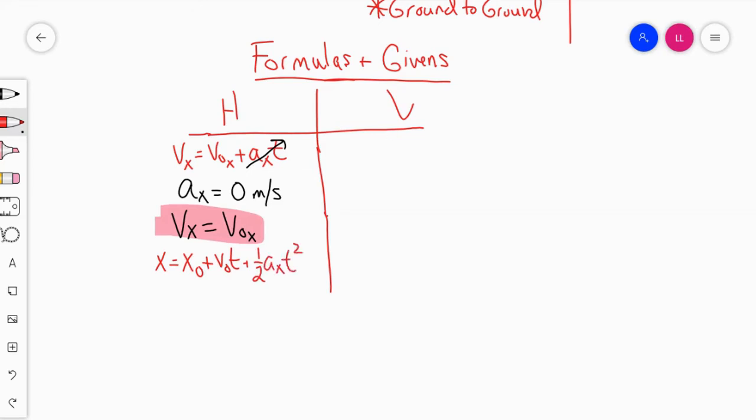So here it is, x equals x0 plus v0t plus 1/2 axt squared. Again, ax is 0, so this whole 1/2 axt squared goes out. And we're going to call our initial position 0. So what you see is that this equation just breaks down to be v0xt, right? Because there's no acceleration, it just simply becomes the initial velocity times time, right? Just our basic